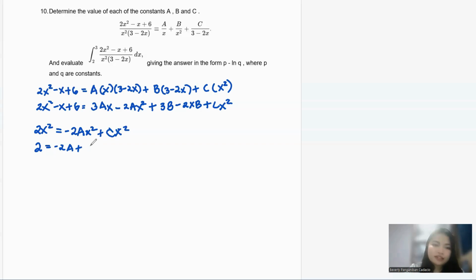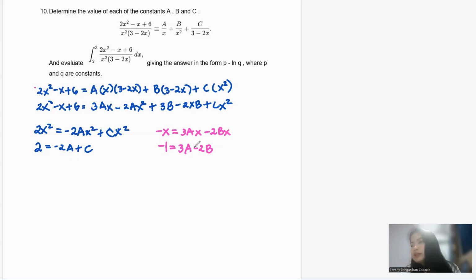This is still not done. Only the first equation. Now let's go to the second equation, where I'm going to look at all of my x. I know that you have negative x there on the left side. Let's find everything with x on the right side. So I have this 3ax, and then I have negative 2xb, or if you want 2bx, go ahead. And that's it. So the coefficient here is negative 1, which will be equivalent to 3a minus 2b. And that's the second equation.